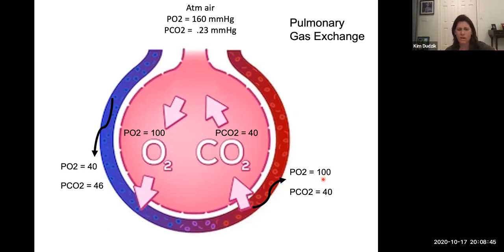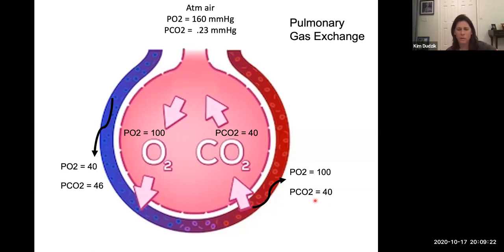The opposite occurs now, in that the blood coming from the right side of the heart has more carbon dioxide in it, at 46. By the time it moves, there's a pressure gradient there. In the lungs, it's about 40 because it's picking up CO2 along the way. So there's a gradient from 46 to 40, and it releases CO2 until it equilibrates.